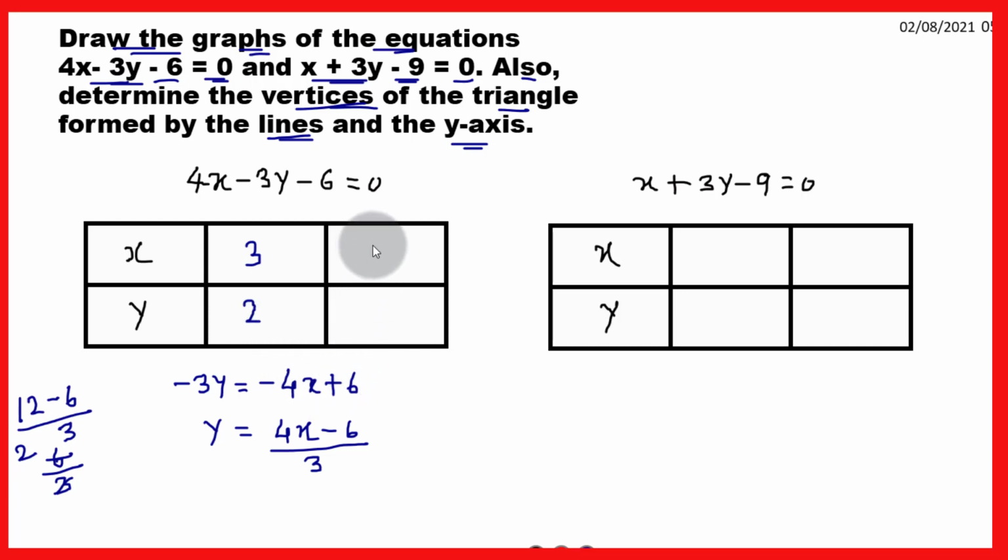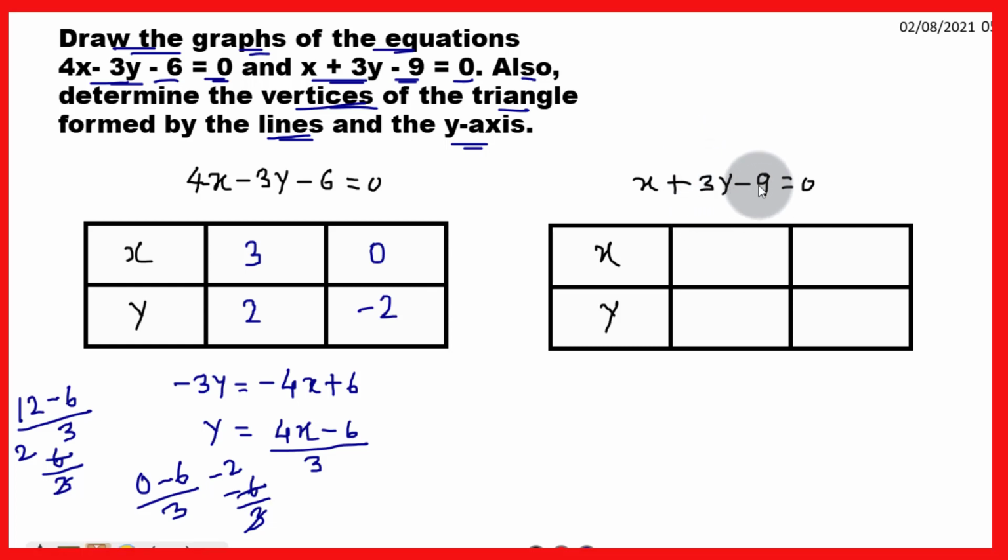Now we will take another value of x as 0. So if you take x as 0, it will be 4 0s are 0, and so that is 0 minus 6 upon 3. So it will be minus 6 upon 3. So 3 2s are 6, so it is minus 2. So the corresponding value of y will be minus 2. So we have got the coordinates of this equation,